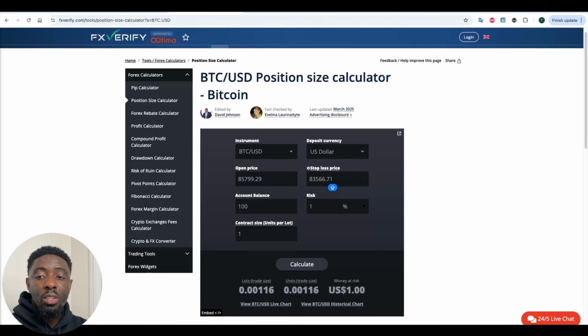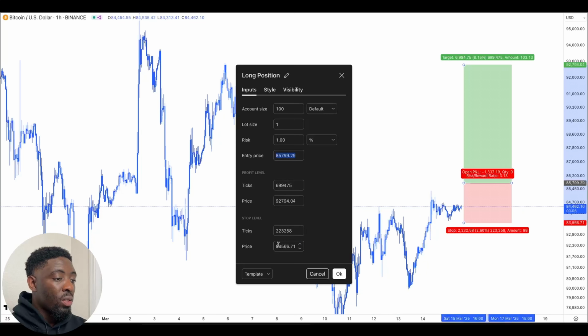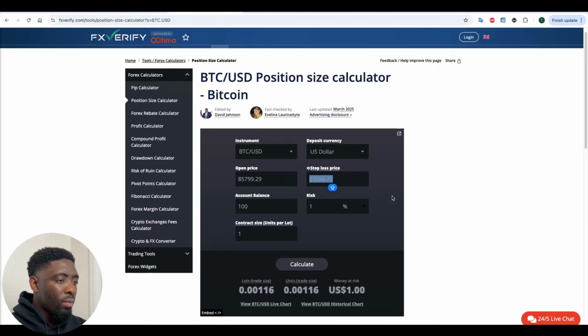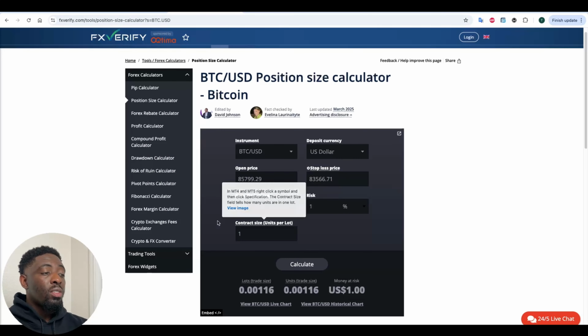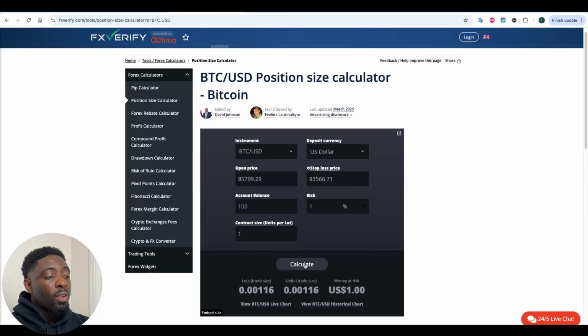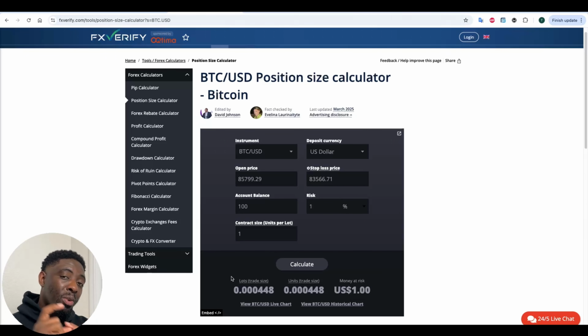So I just want to make sure it's the same thing. And you get the stop loss, copy this, and you go on the website again, and you put the stop loss right here, just making sure it's the same. So if it's a $100 account, you hit calculate, and it's going to give you. So now, depending on the broker, some might not even let you go in with a lot size like this. So let's do 100,000. Let's see,